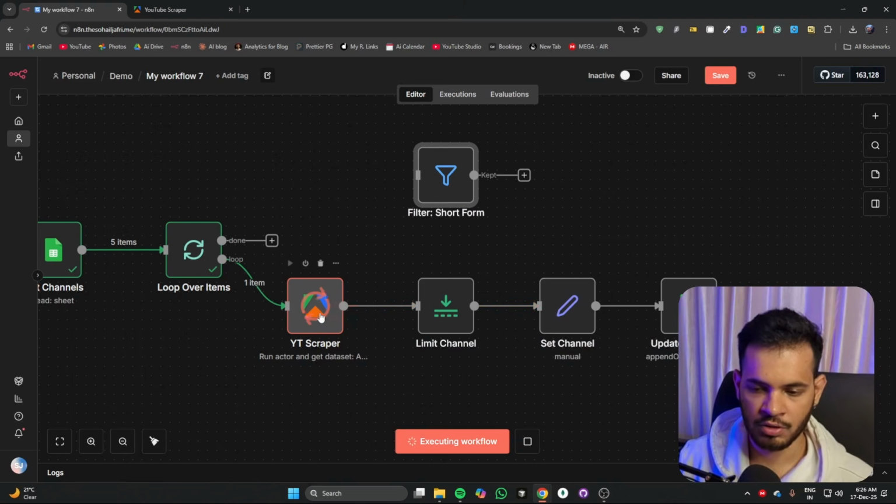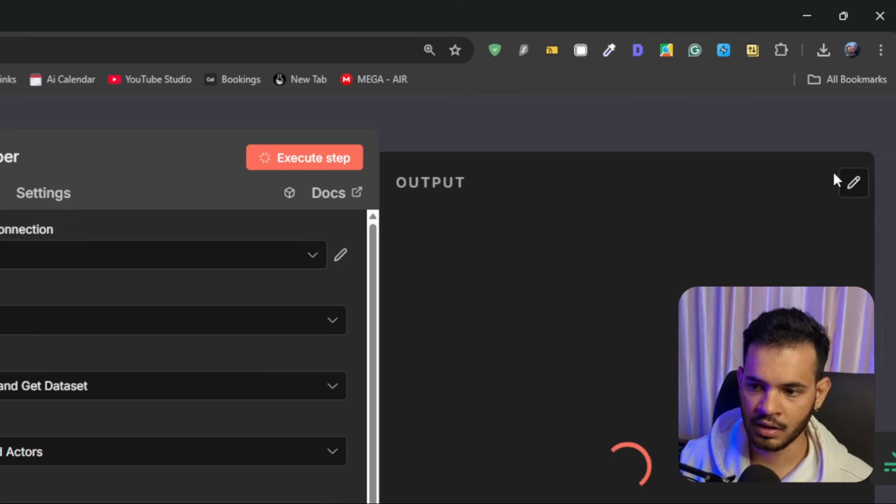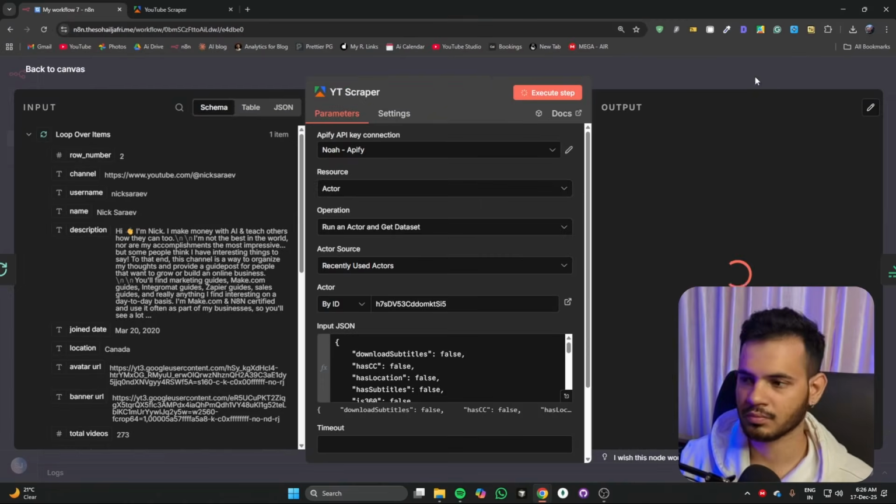Okay, one more thing, if you are working with Apify or any other services that consume a credit and running them consumes time, I will tell you a trick. When the execution is completed, there will be a pin icon here. You simply click that, and the data which this particular configuration has produced will be pinned, and you can reuse them until you're in the development.